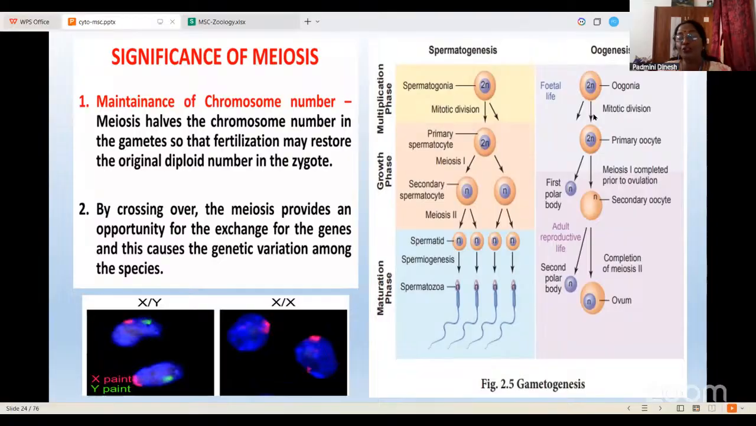When you talk about oogenesis, oogenesis again has to undergo the same mitotic division, which will become the primary oocyte. Primary oocyte